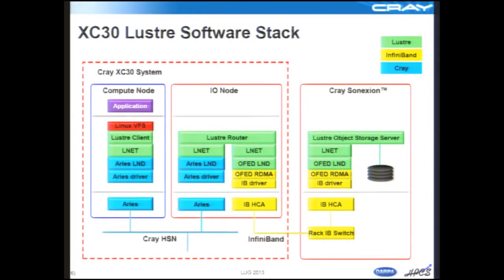And so what that means is that the router is using our Aries LND, it's the same thing as the Gemini LND that James was describing, that's inside on the Aries network, and the router node then maps it onto the O2IB LND to get to the InfiniBand cluster. We use Snexion, which is Lustre storage in a rack that is sitting on an InfiniBand fabric. So the router, the I/O node is just shuttling data back and forth between the compute nodes and the external